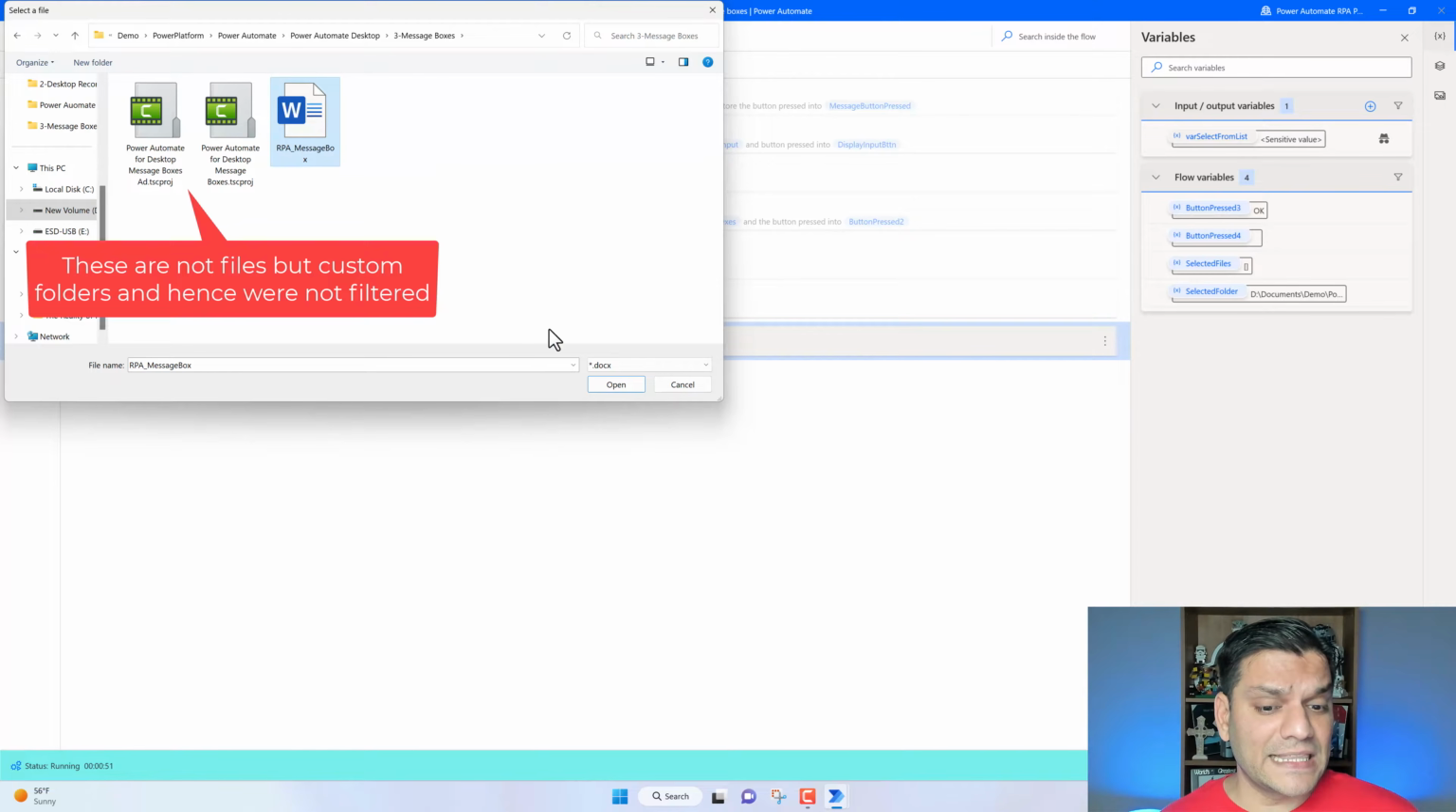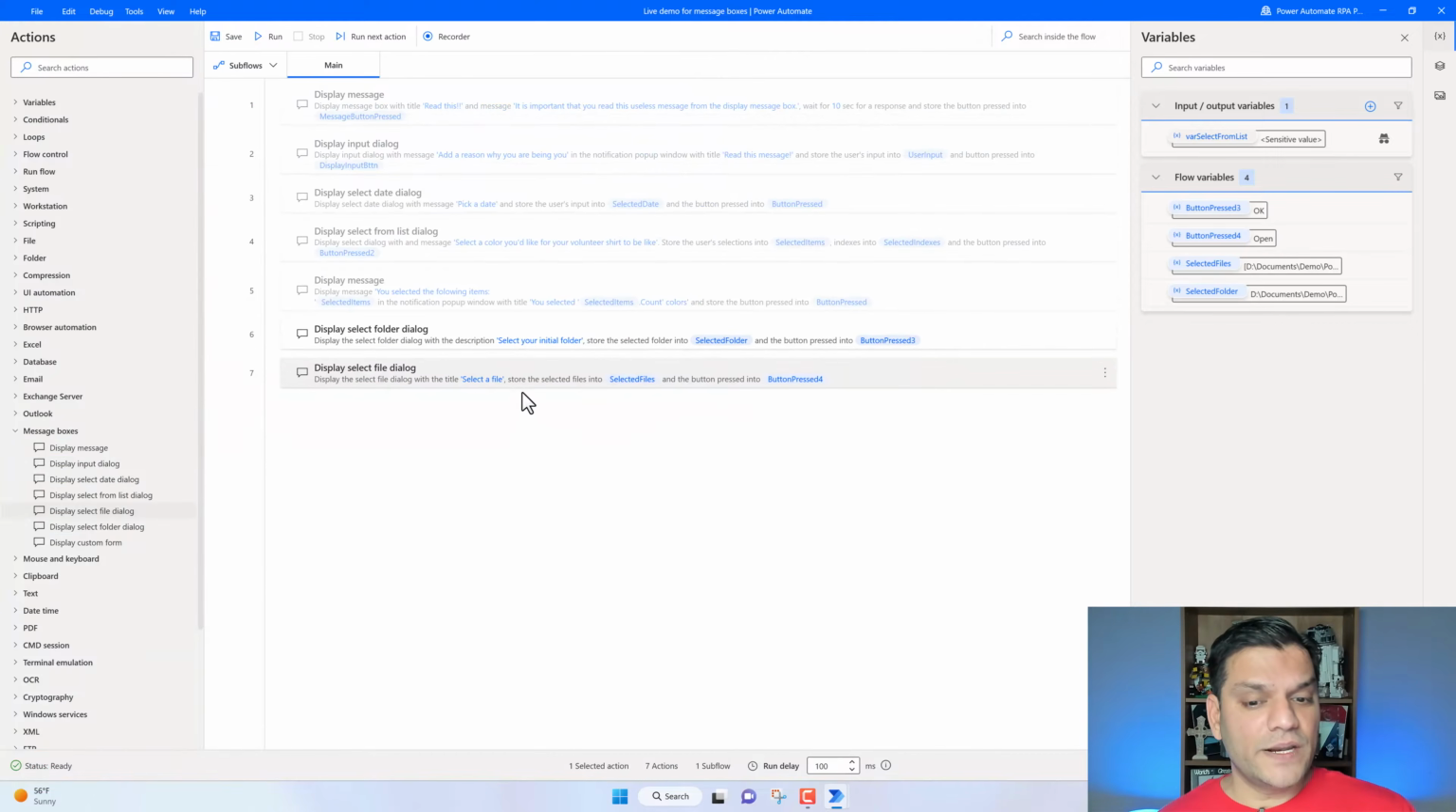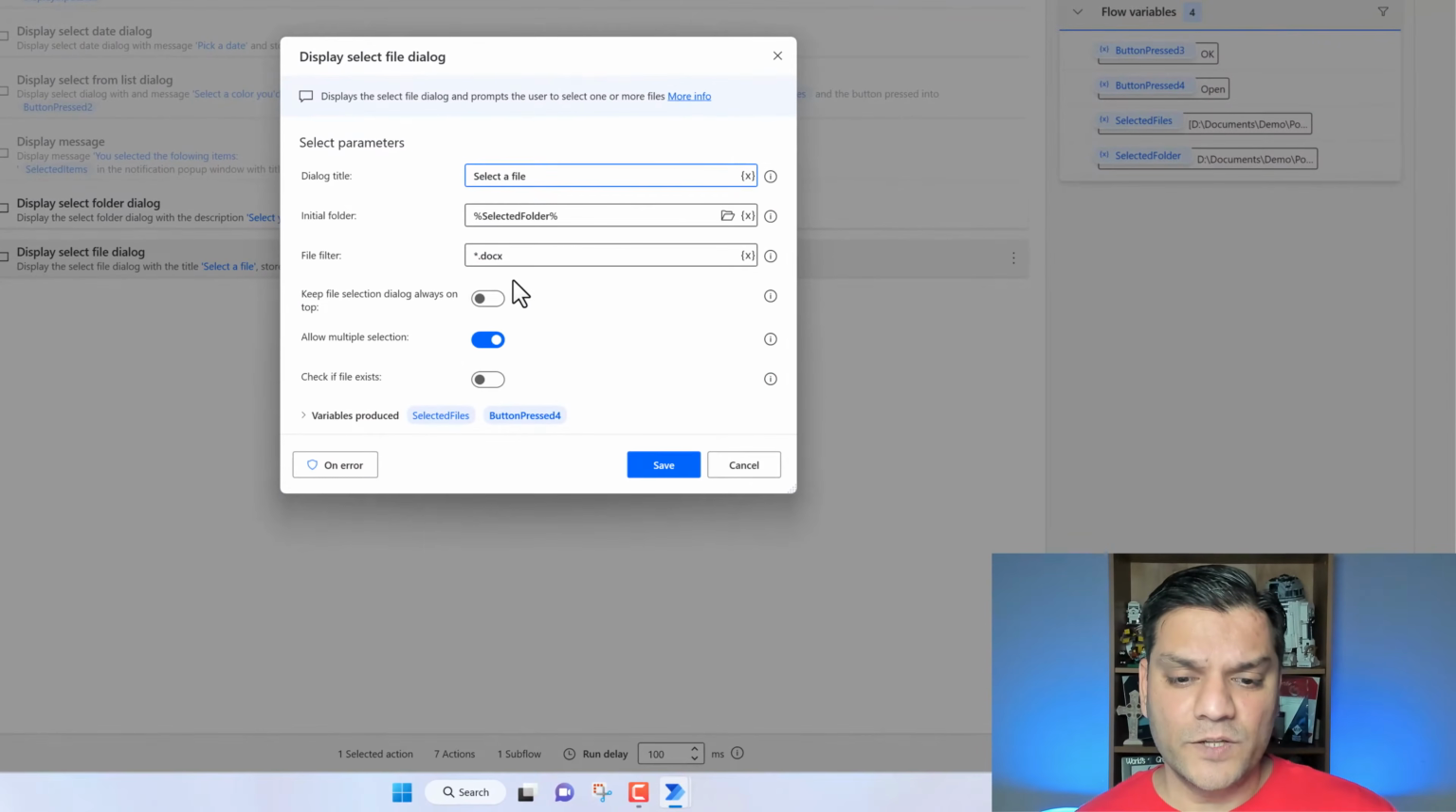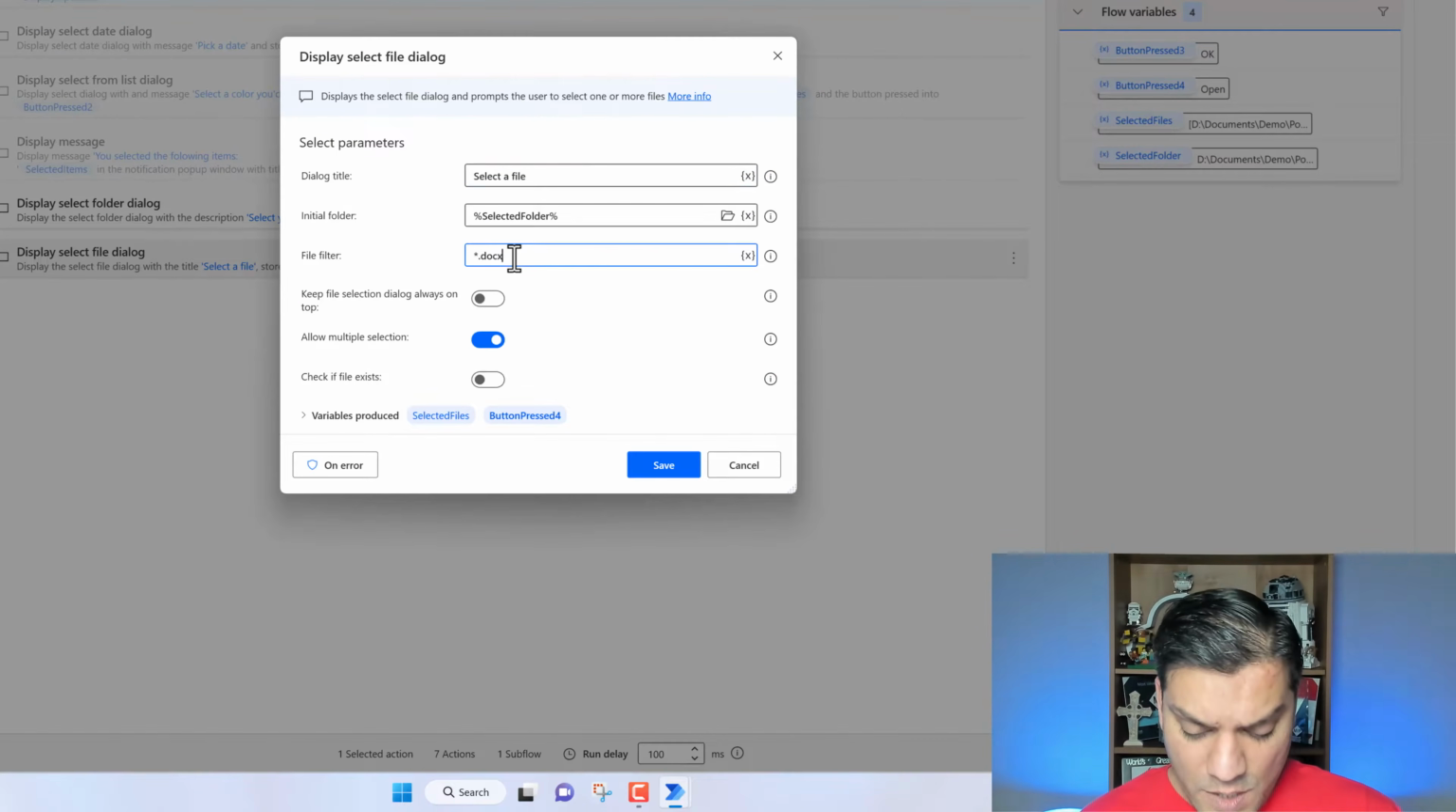So if I go and select that, I can click on open. Now it has gone ahead and captured that location and what was the file I selected. But what if I had multiple files? I want it to be filtered based on the Word and the Excel. Well, for that, it's pretty simple. You've got this, whatever you did, put in a semicolon, then put in another asterisk,